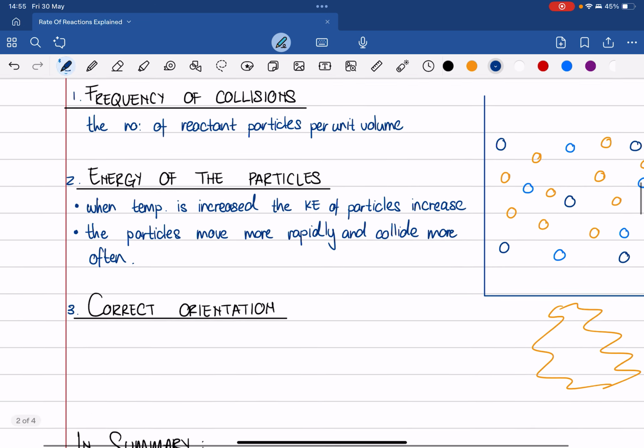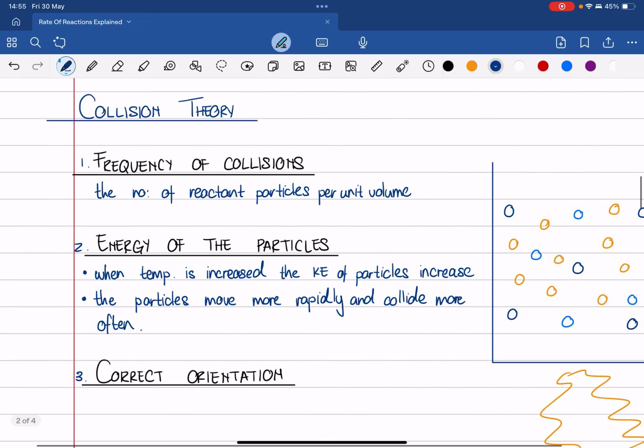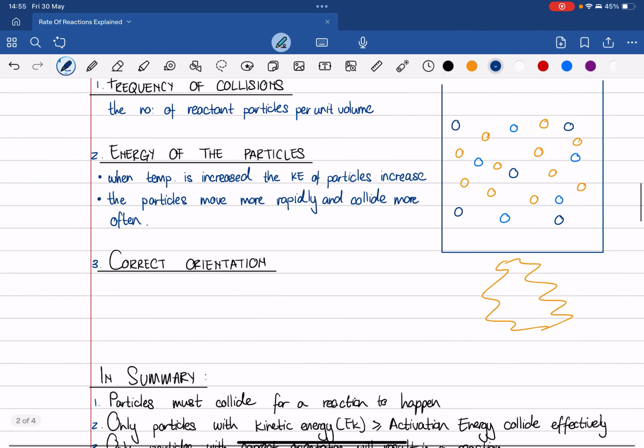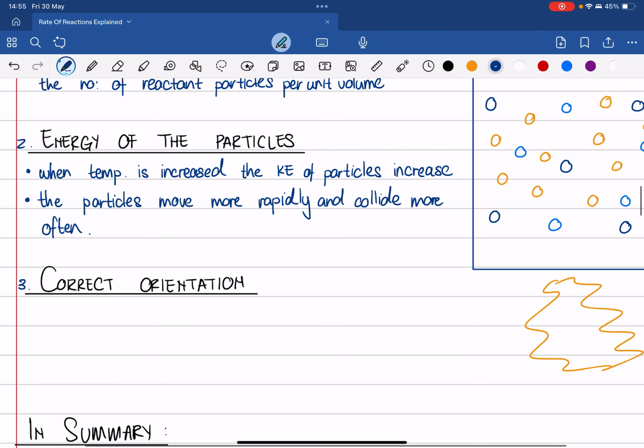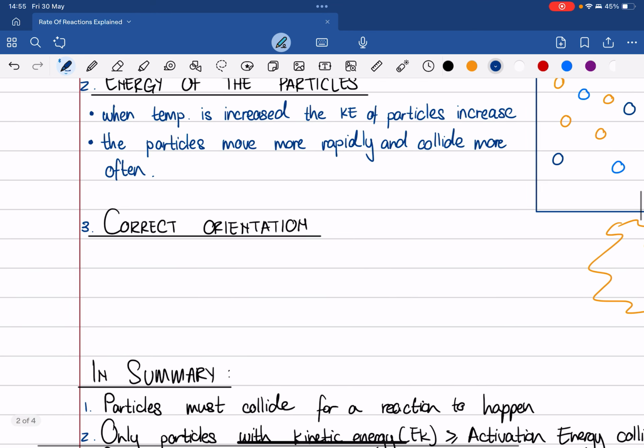Wonderful. The third thing that is related to the collision theory is the correct orientation. So it's not enough that particles are colliding, and it's not enough they're colliding with enough energy, but they also need to collide in the correct orientation. Right? So orientation refers to the position. Okay. So the particles